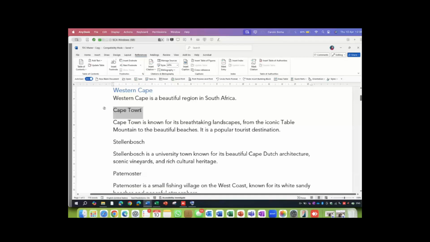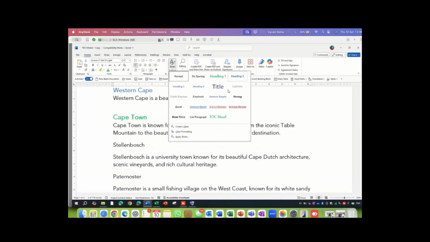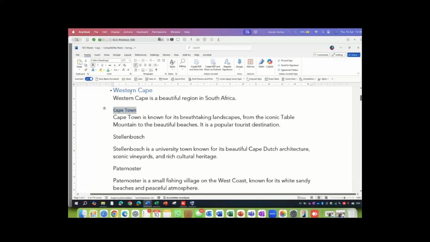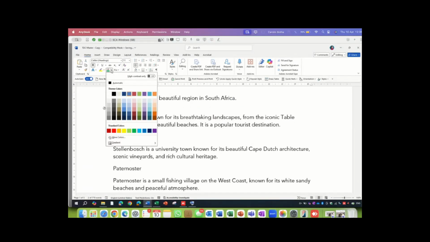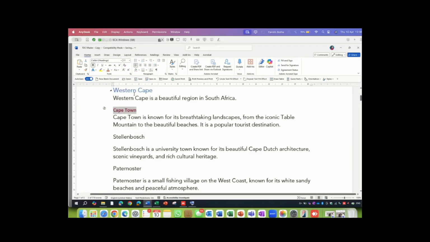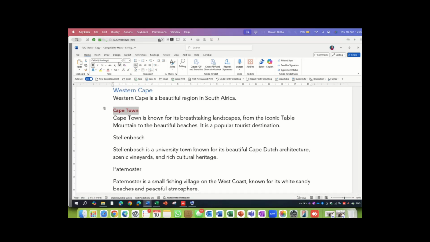Select it, go to the Home tab, go to Styles and choose Heading 3. Just for the sake of interest, to let you see the difference, I'm going to choose that red color, a little bit of a mixed color situation. Also, I want it 12, otherwise it's smaller than the original text. Otherwise, it's going to waste time here. And let's go for Avenir.